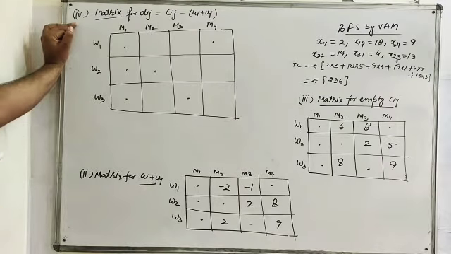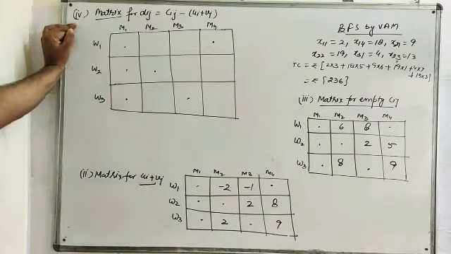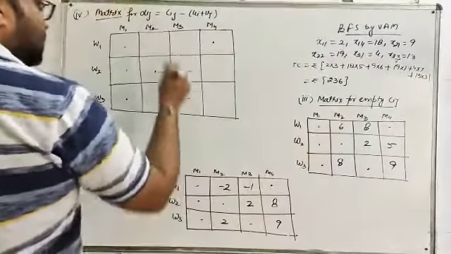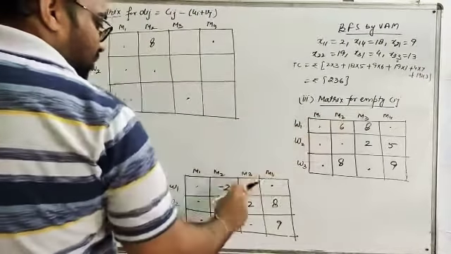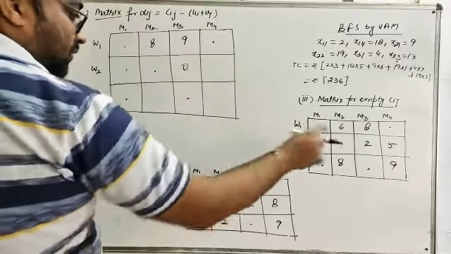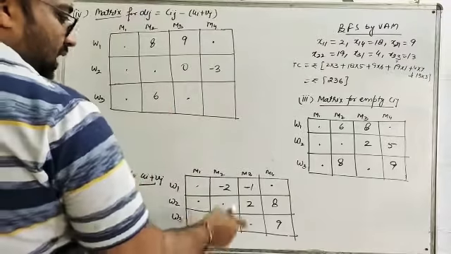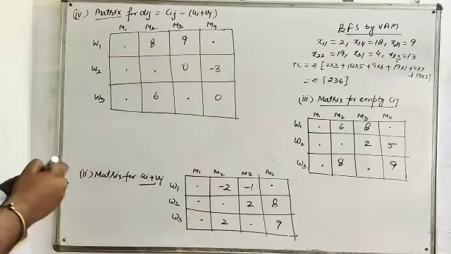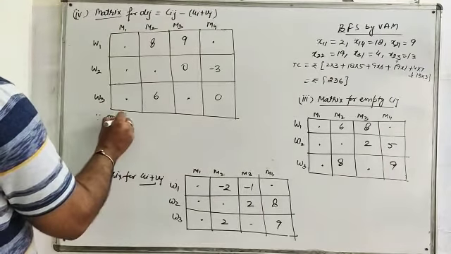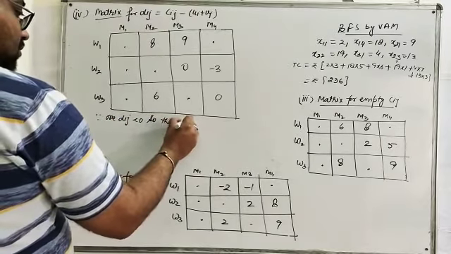That is, we have to subtract the matrix obtained in second step from the matrix obtained in third step. So put a dot as it is. Now subtract 6 minus minus 2, which is equals to 8. 8 minus minus 1, that is 9. 2 minus 2, 0. 5 minus 8, minus 3. 8 minus 2, 6, and 9 minus 9 is 0. Now, one Dij is less than 0. Since one Dij is less than 0, so the solution